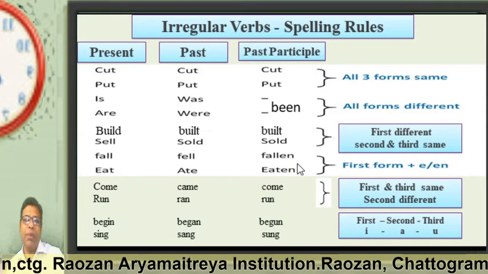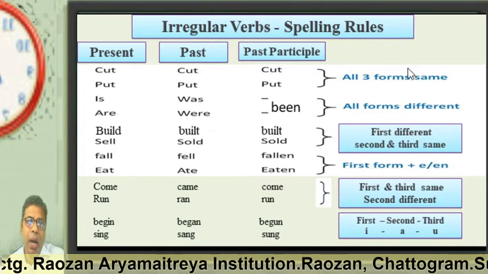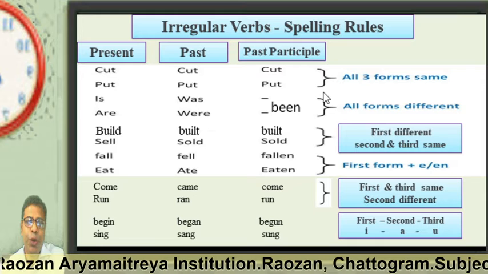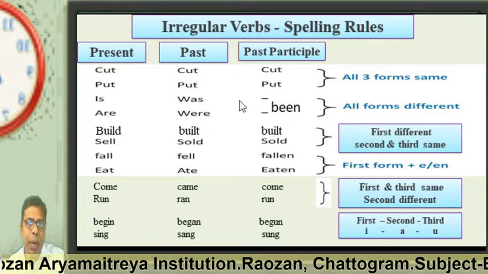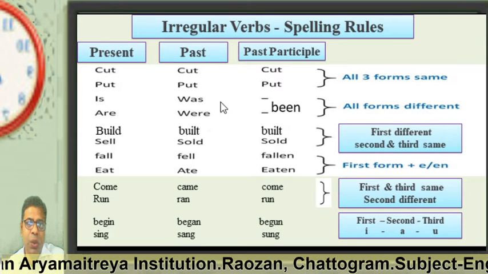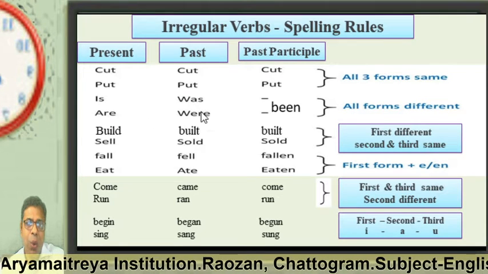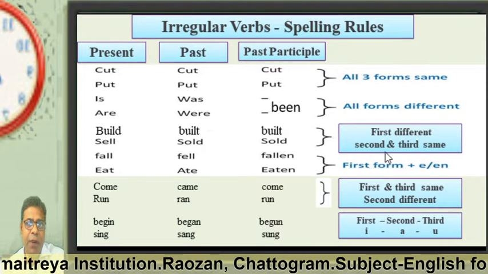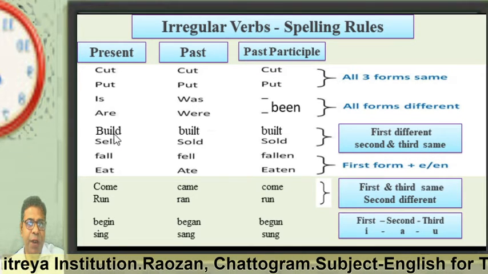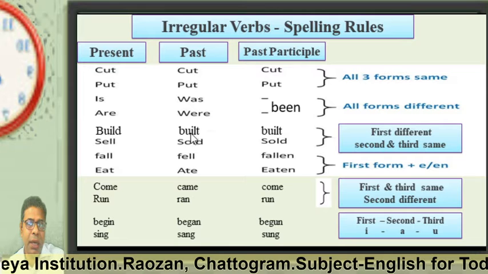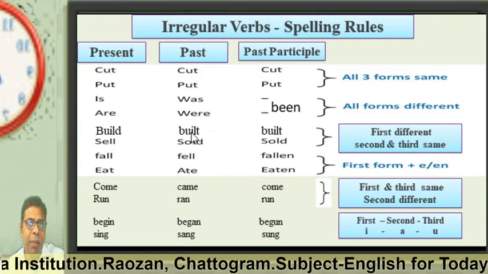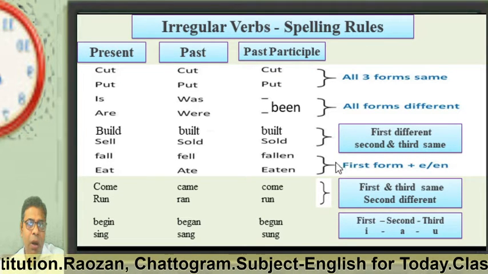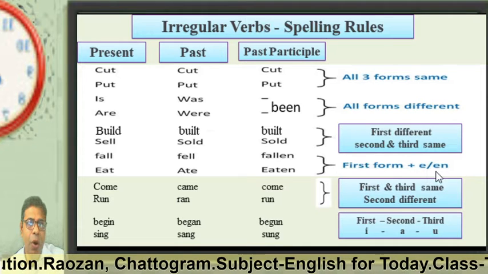And there are irregular verbs. Spelling rules are different. First one, all three forms the same: cut, cut, cut; put, put, put. This is another kind of irregular verb. Another next one is, was, been; are, were, been. All forms different. The next one, first different, second and third same: build, built, built; sell, sold, sold;